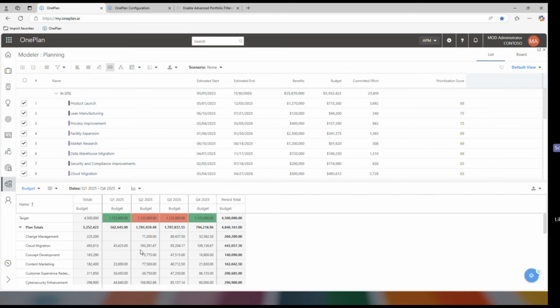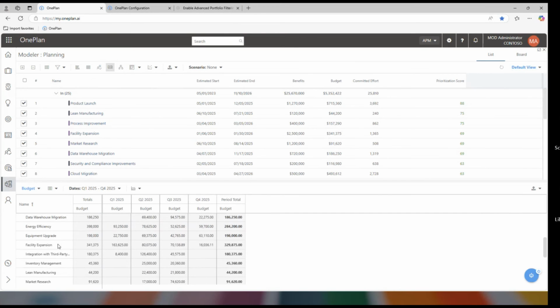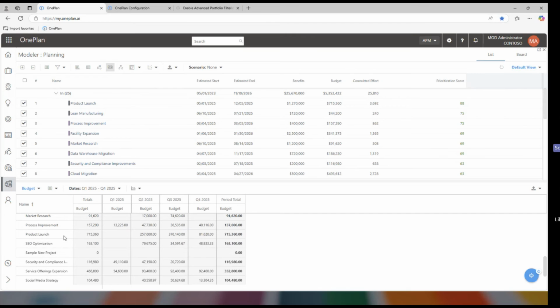So what I see is that with my $4.5 million budget, I'm not quite able to fit all the projects in. There's a couple periods here where it goes red. So what I could do is look at these and see some of my higher costs. I could choose, for example, this. Here's a pretty expensive product launch. I could select it, and then I can do,